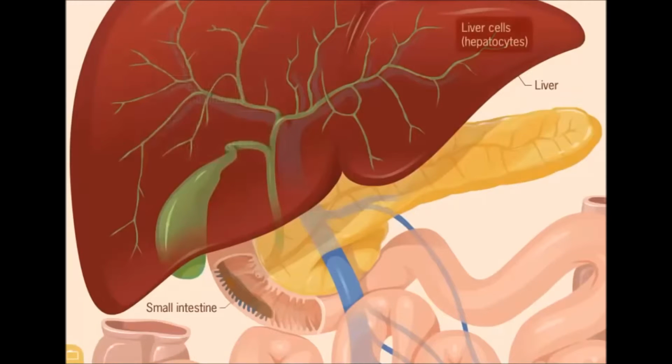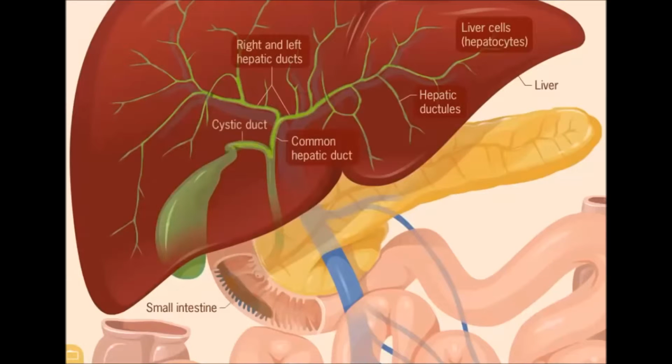Liver cells, known as hepatocytes, secrete the constituents of bile into tiny bile canaliculi, which flow into larger hepatic ductules that eventually combine to form the right and left hepatic ducts. Bile then flows into the common hepatic duct and cystic duct, where it enters the gallbladder to be concentrated and